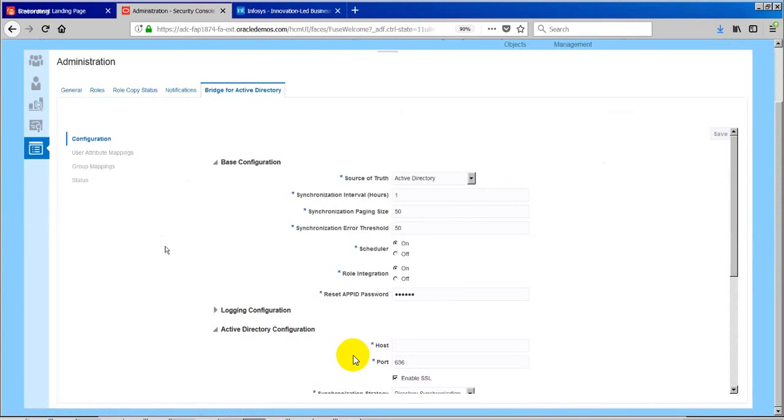So how do we do that mapping? How do you do group mapping, which is nothing but distribution lists? How do you automatically add this user to the distribution list? That is group mapping. So with user attribute mappings and group mappings, we can automate the process of interacting with Active Directory using Bridge for Active Directory.